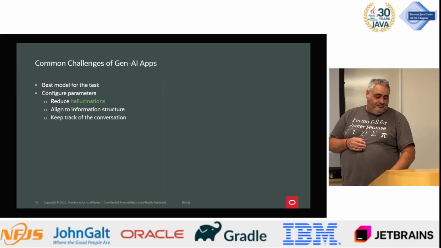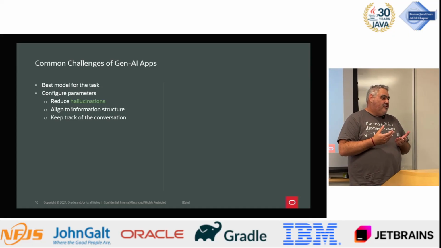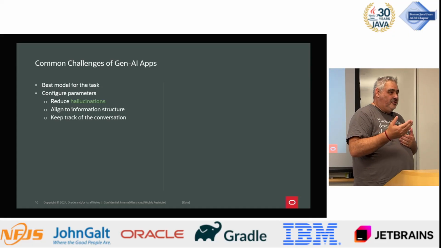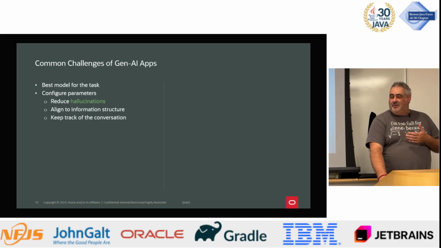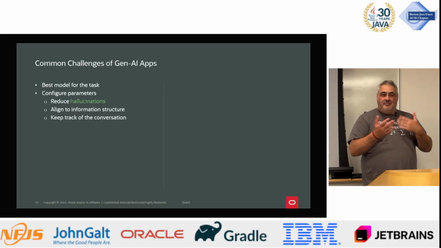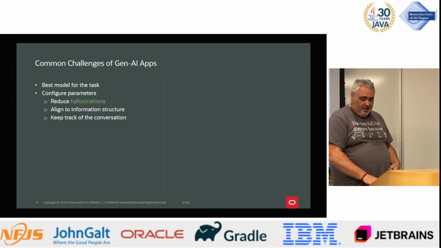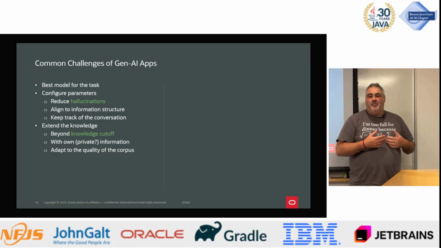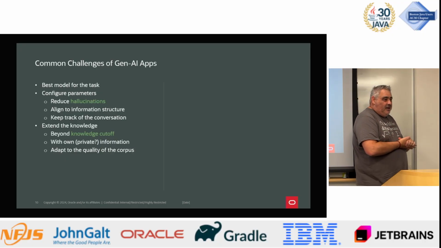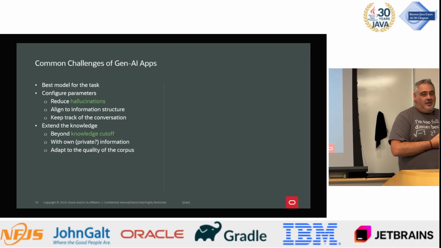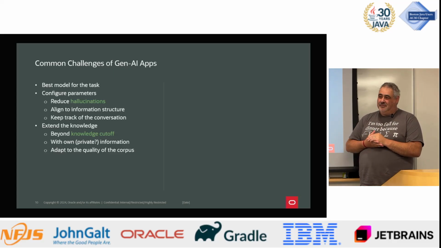And also things like memory, like how do you keep track of the conversation that's already occurred up to the point where the last interaction just happened? Because by default, these things are stateless. They don't know anything about what happened in the past. So you need to have a way to capture the memory so that they know what's going on and have context. Another super big problem with LLMs is what we call knowledge cutoff.